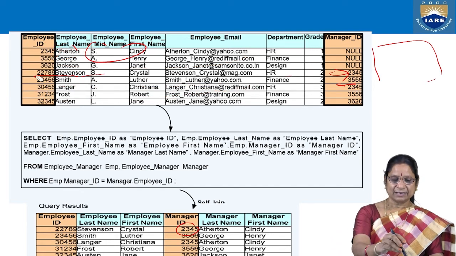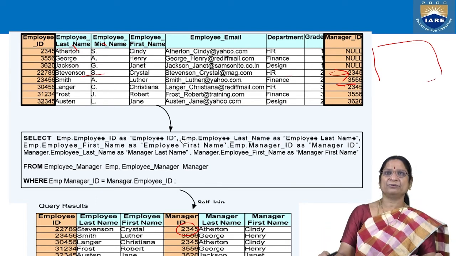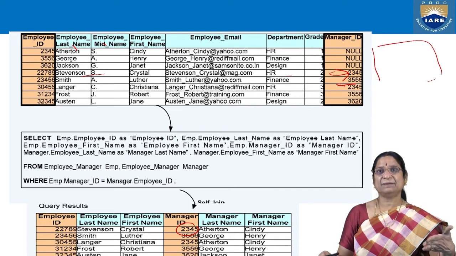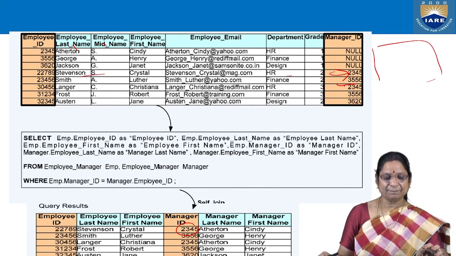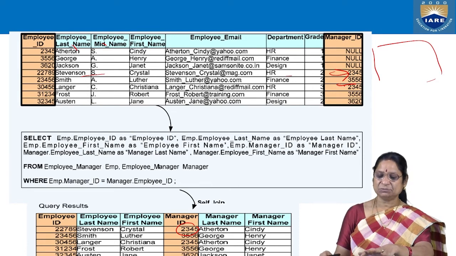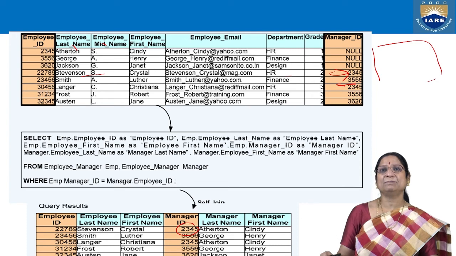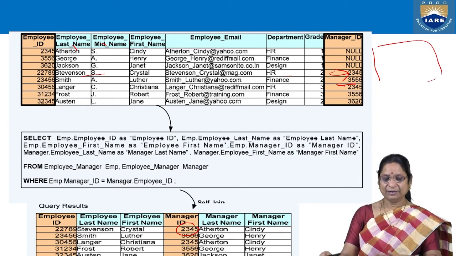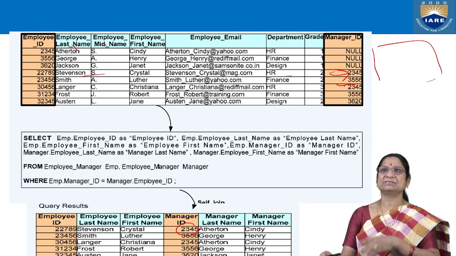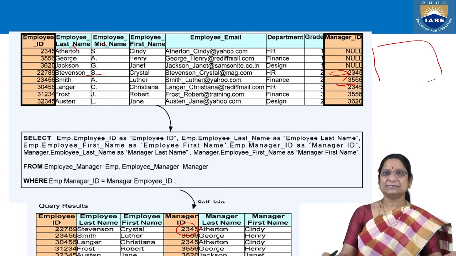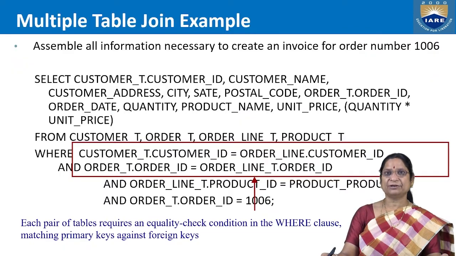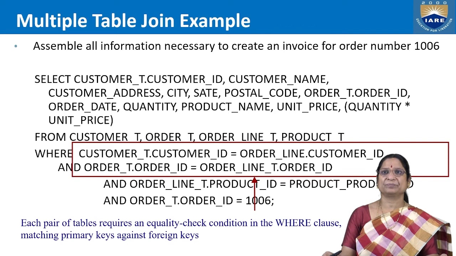That means here the employee ID, employee name, etc. are going to be compared with themselves. This is comparing with the 2345 employee ID, and it is compared with each manager ID. Wherever 2345 exists, the respective employee details are displayed and manager details are from this one. This is going to be done for each attribute of each value actually.